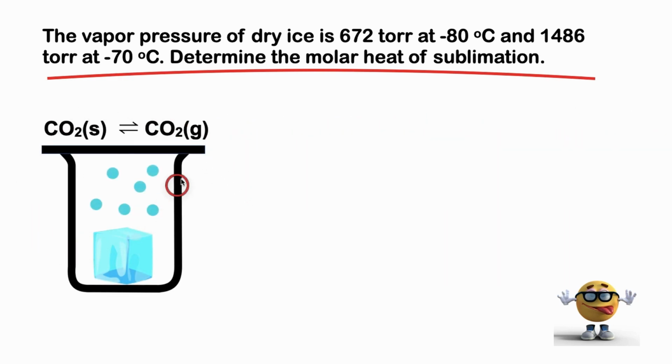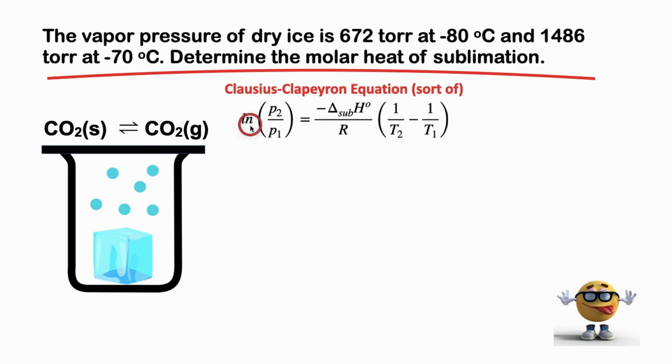So I like to think of a diagram here. If we're sublimating, then we're converting solid directly into a gas. Imagine you have this dry ice in a closed system. When the solid and the gas form an equilibrium together, the pressure of that gas is this pressure right here, the equilibrium pressure. Okay, so to determine the molar heat of sublimation, we're going to use the Clausius-Clapeyron equation, or